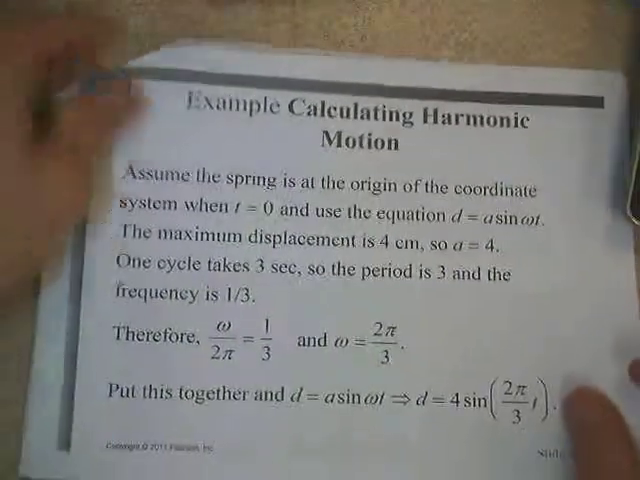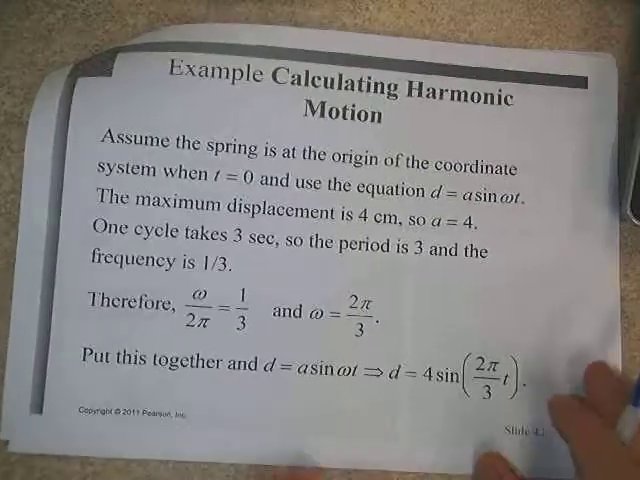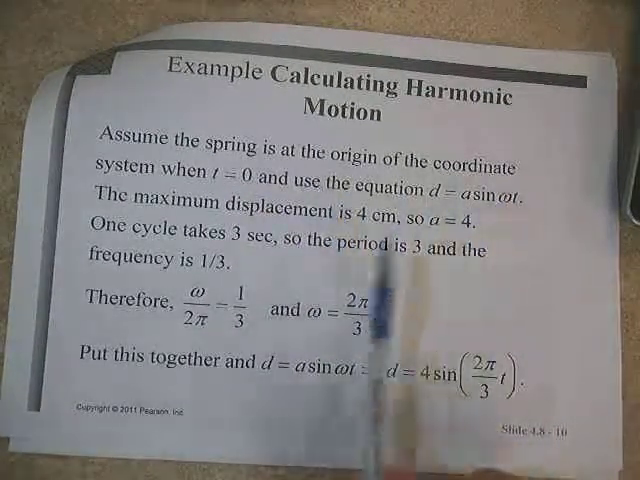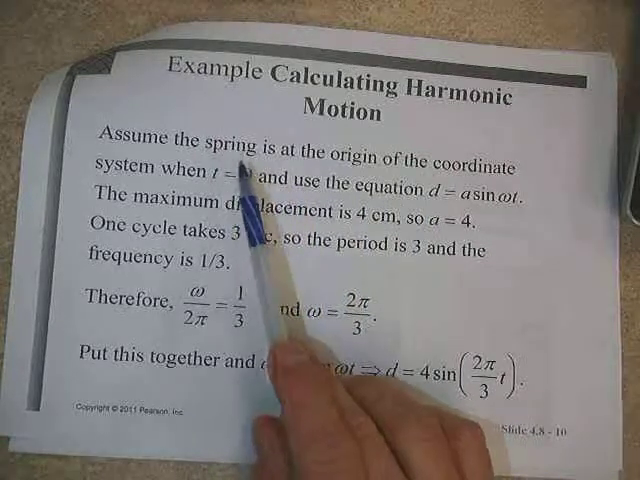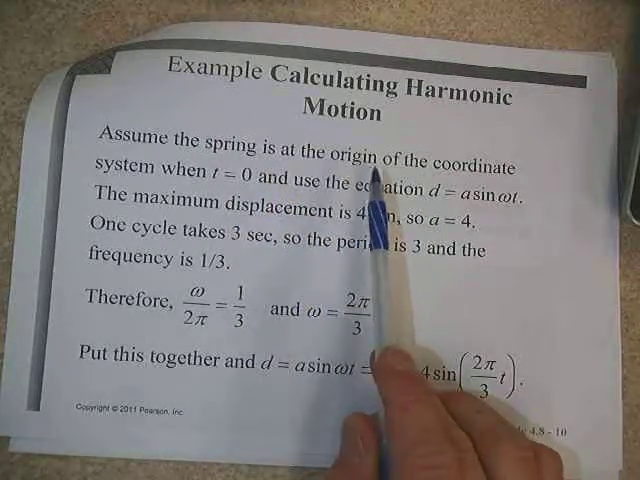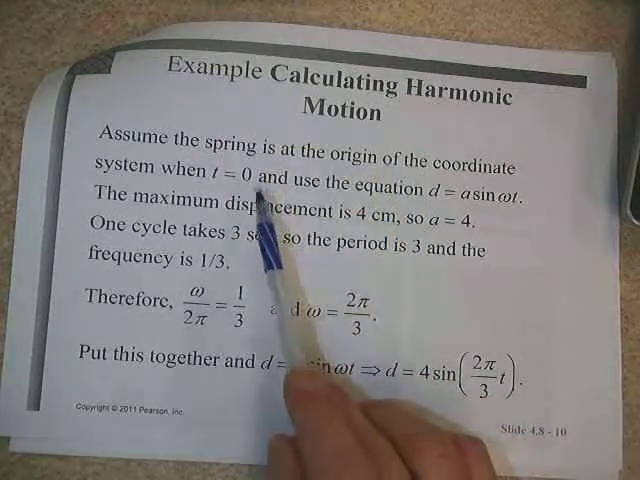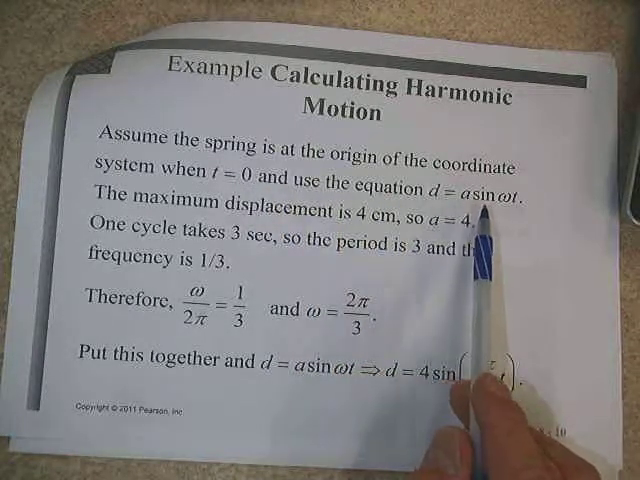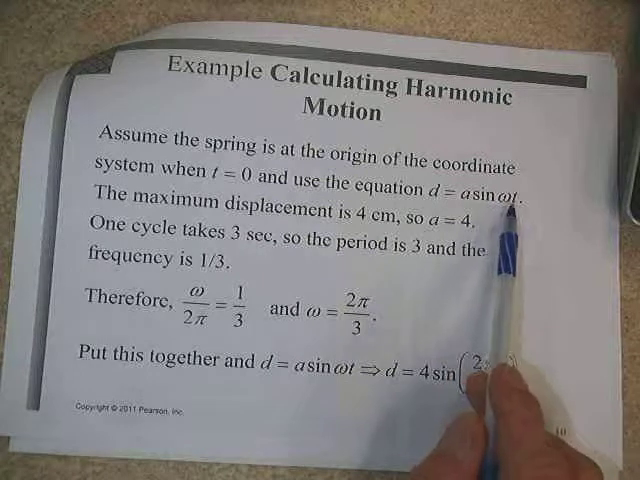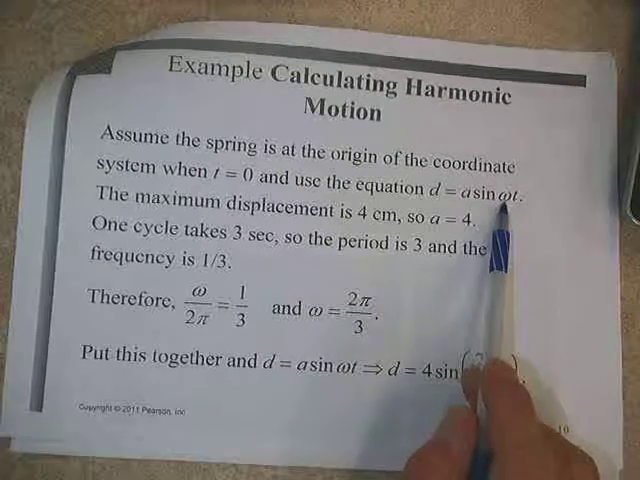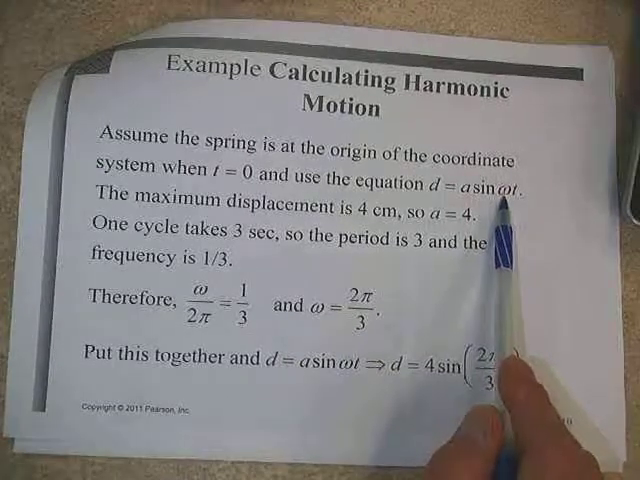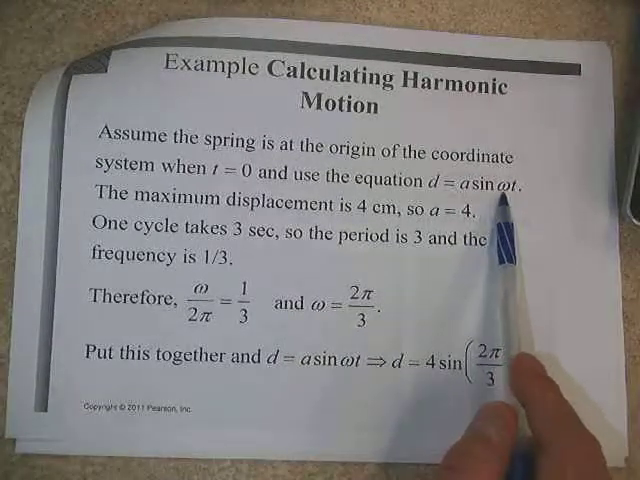So the key issue here is, can we find the amplitude and can we find the period? Let's take a look and see what we got here. The assumption that you want to make, and this is what you want to do with any problem of this sort, is that we're going to assume that the spring is at the origin of our coordinate system at time 0, and we're going to use the equation that a equals sine of,